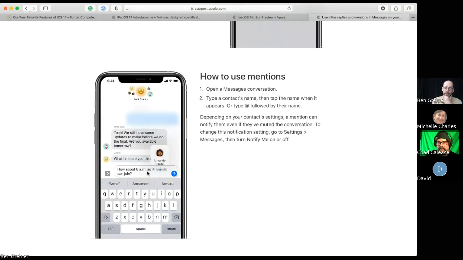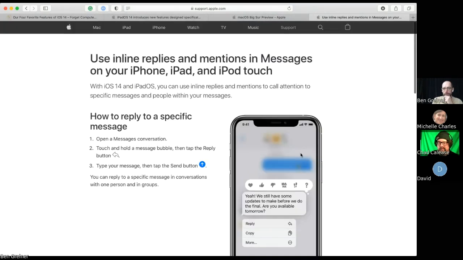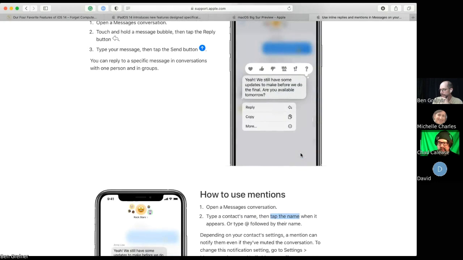I've been typing names, and it just wasn't happening automatically. You have to, as it says here, open a message, type a contact's name, then tap the name. I think that's the step I was missing. You have to tap the name to get the mention to pop up. So give those a try.